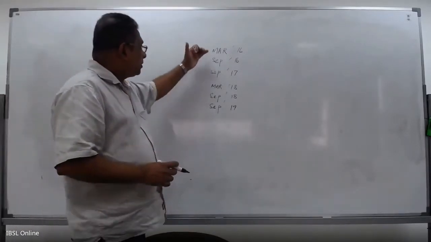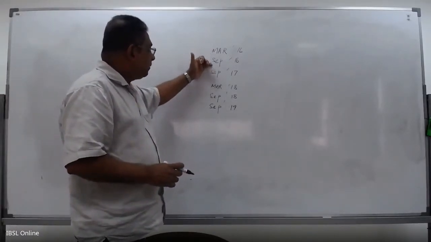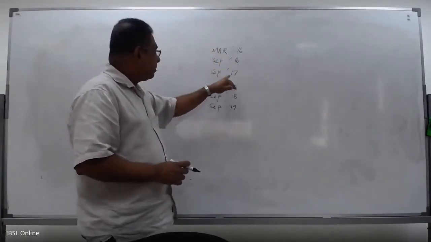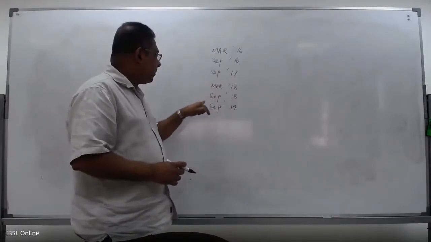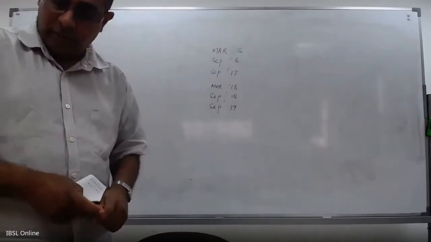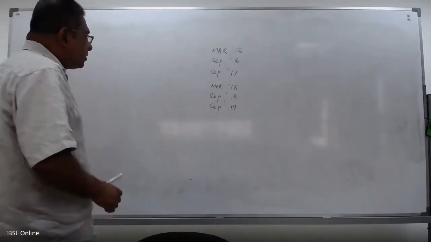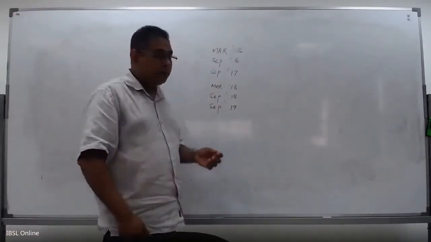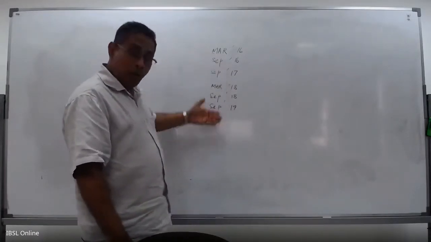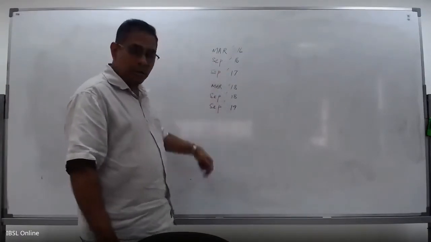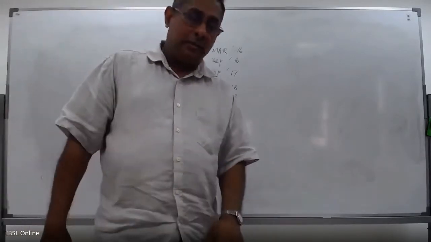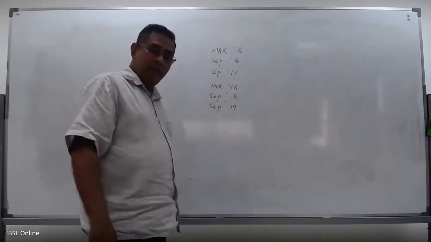Right. March 16, September 16 and 17, March 18, September 18, and September 2019. Those are the past papers that you need to collect and keep. There are interesting questions, and there are repetitions across other past papers, so rather than doing all the past papers, I intend doing at least a few questions from all of them after covering the syllabus. So in the meantime, you have to collect these past papers.